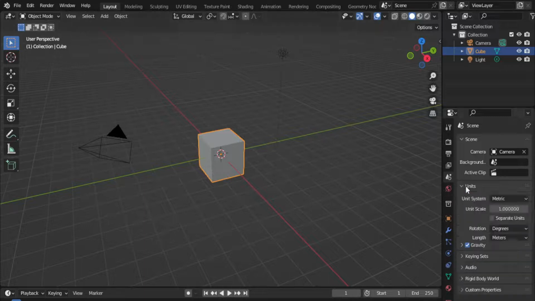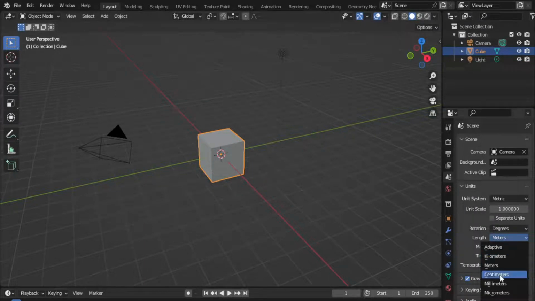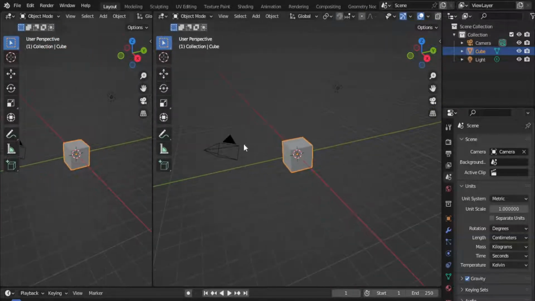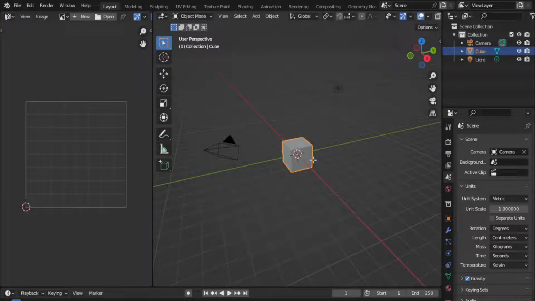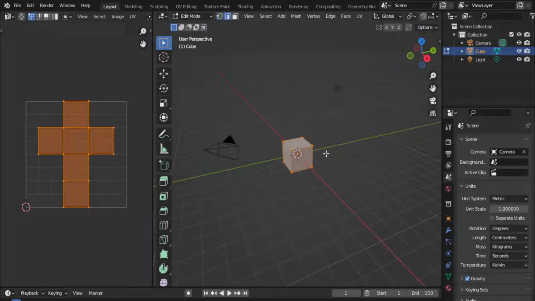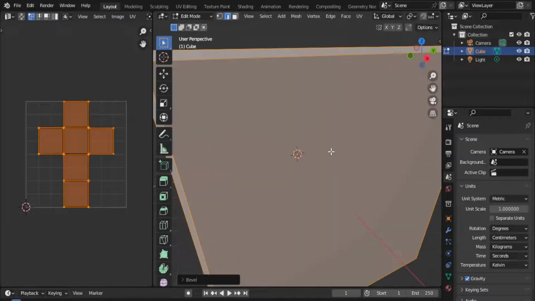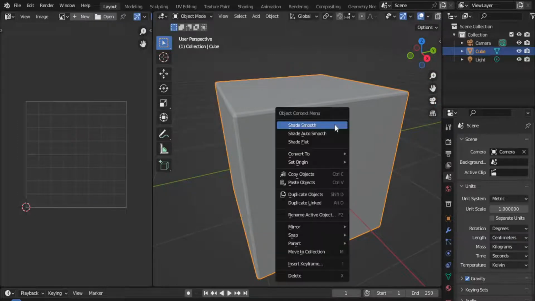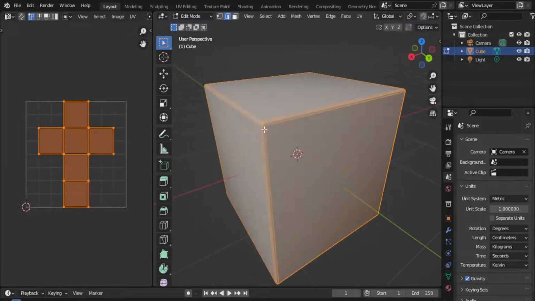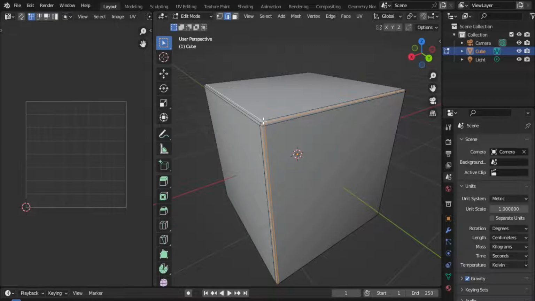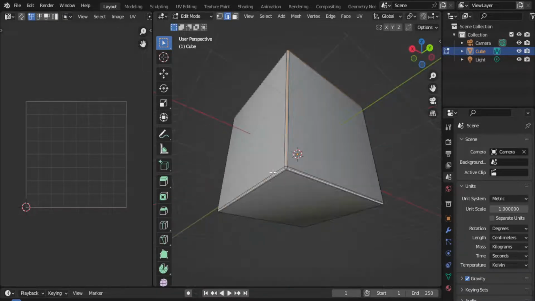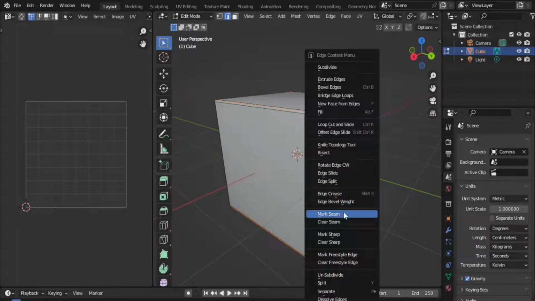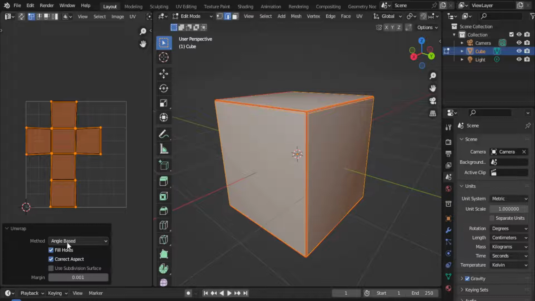In units, change meters to centimeters. Bevel it. Shade smooth it. Select these edges. Right click, click mark seam, select all, unwrap UV, select confirm all,